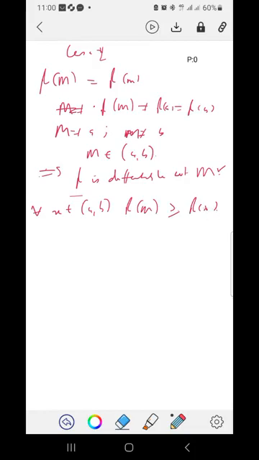Which makes M a local maximum. All right, a local maximum. And since it's differentiable, then f prime(M), according to the local maximum theorem,